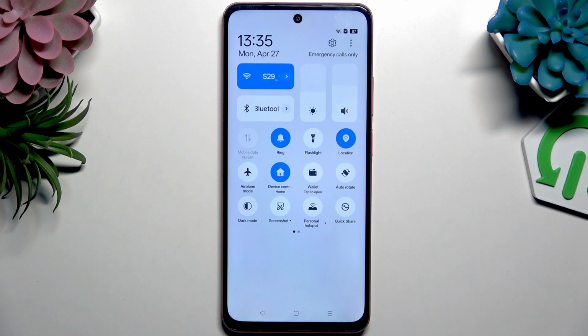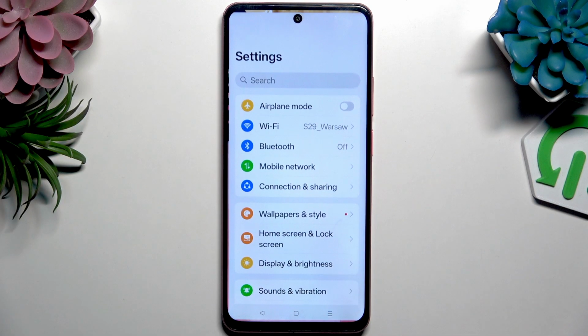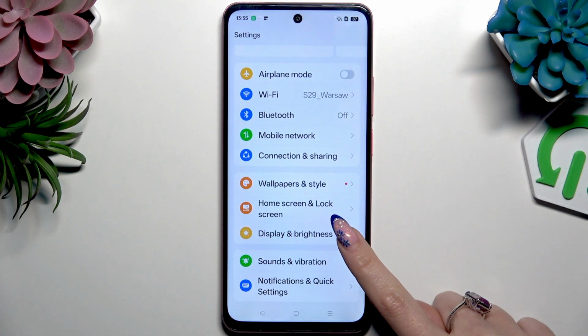As you can see, mine turned white. That means that auto rotation is off, but you can always turn it back on by clicking on the same shortcut until it's blue. Quick tip, you can also go into settings and scroll a tiny bit to click on